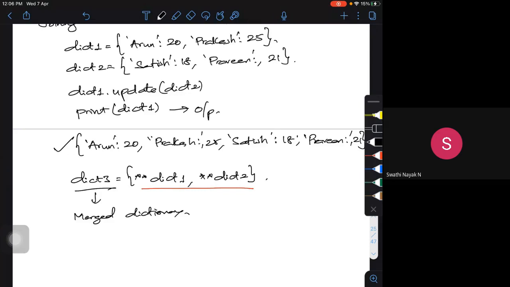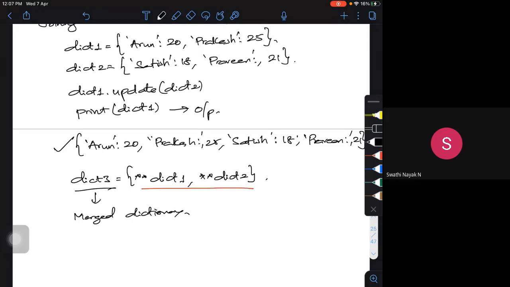Okay, so now about update. You can go with dict1.update(dict2) or dict2.update(dict1). If I do dict2.update(dict1), dict2 will have all the elements from dict1. That's it. You can do one over the other, or you can retain one and the other one.